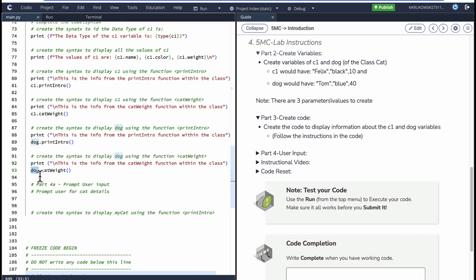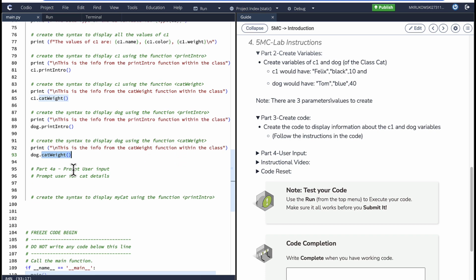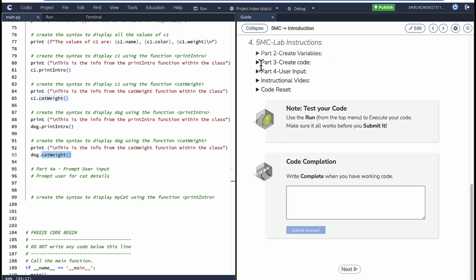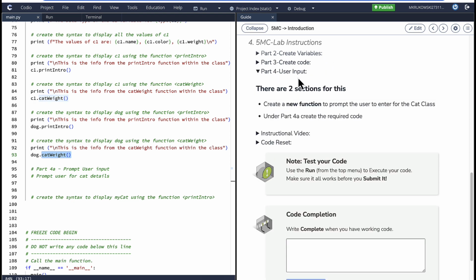So again, I'm just identifying that I'm able to utilize any type of variable. I know it doesn't really make sense logically to utilize a variable named dog to identify a class that we created like this, but again, I'm just making sure that you guys see the differences in terms of how we have a variable that's identifying a specific class that we created. Alright, so that was part 3, and then our last part, we're going to create an input